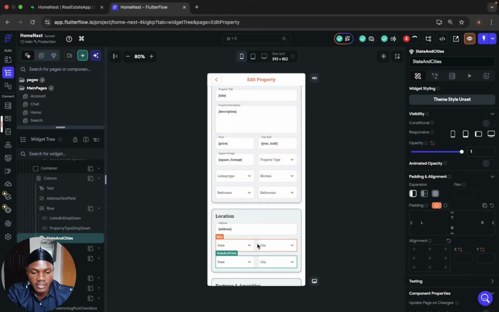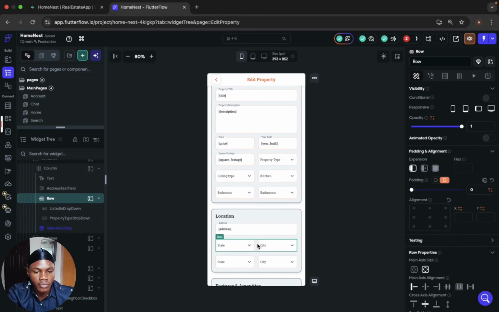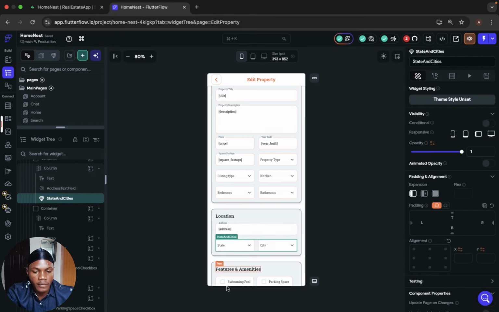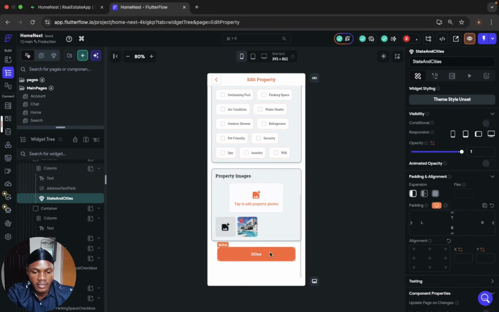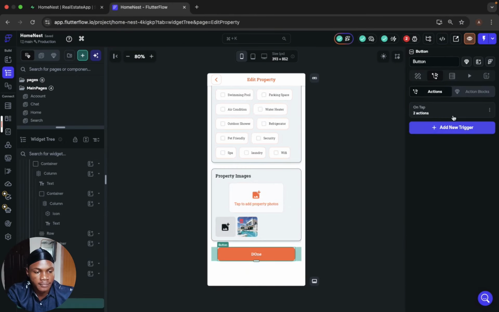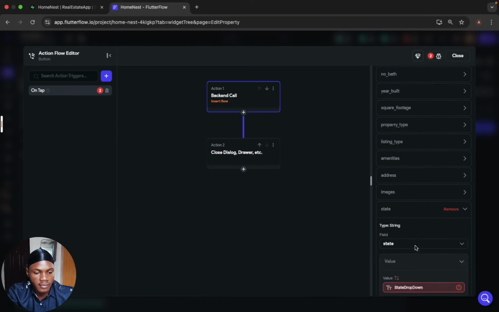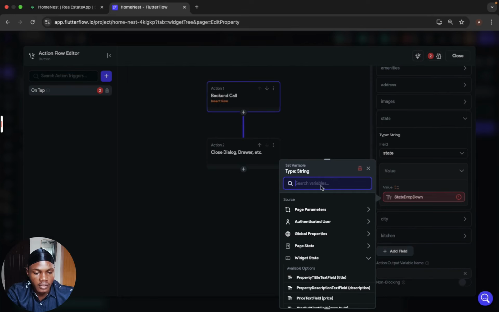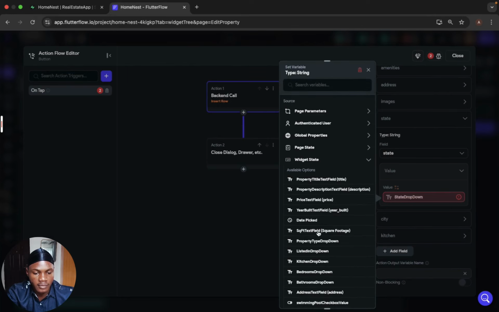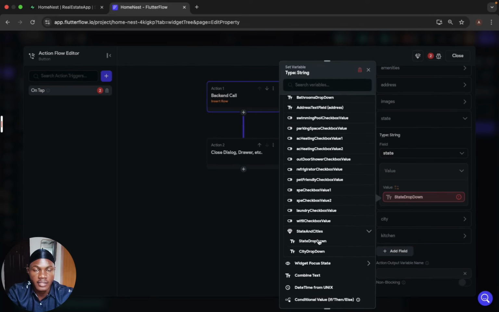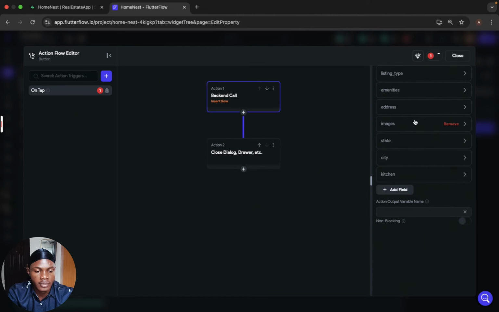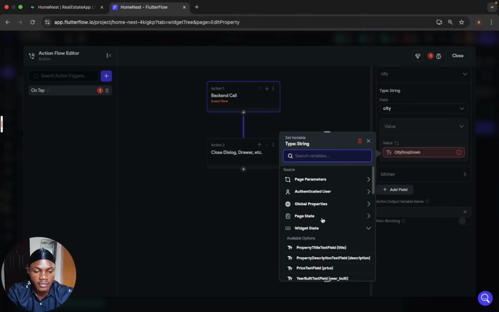So I'm going to delete this state and city row. Then go back to my text, go back to my button. So the state is going to be from the state drop down, and then the city is going to be from